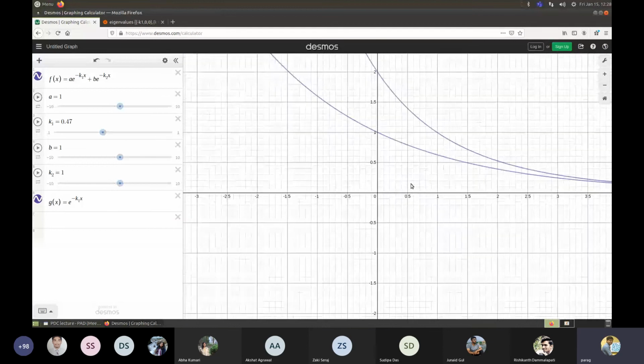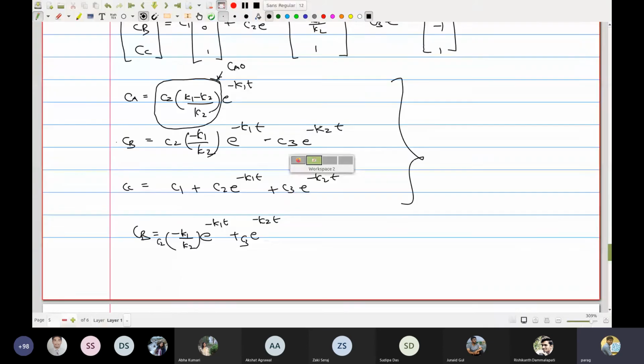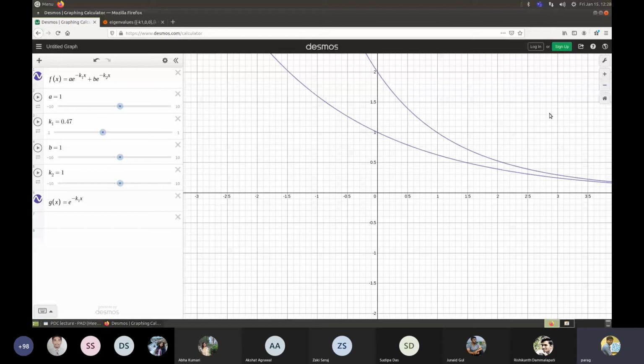Okay, so the concentration of A, let me write down here, following this, CA tends to 0 as t tends to infinity, right? Now what about the dynamics? It was not very interesting, we already knew this. What we are interested in is the dynamics of CB, and now let us try to change the parameters.